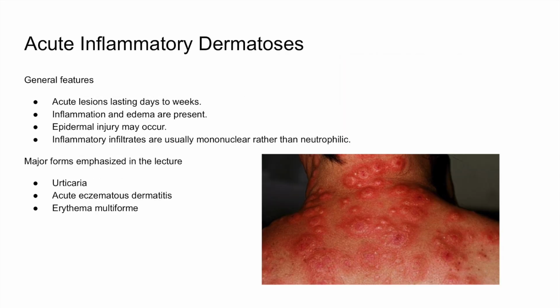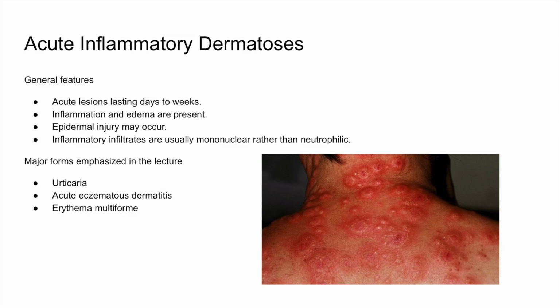All right, so acute inflammatory dermatoses develop over days to weeks and commonly feature erythema, edema, pruritus, and some degree of epidermal injury. The visible lesions may include papules, plaques, vesicles, or bullae, but the microscopic reaction pattern helps narrow the diagnosis. So urticaria primarily produces edema in the dermis,